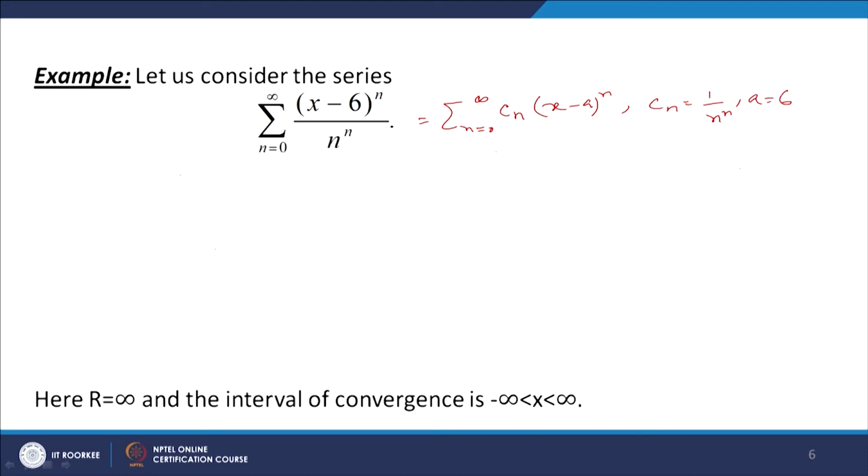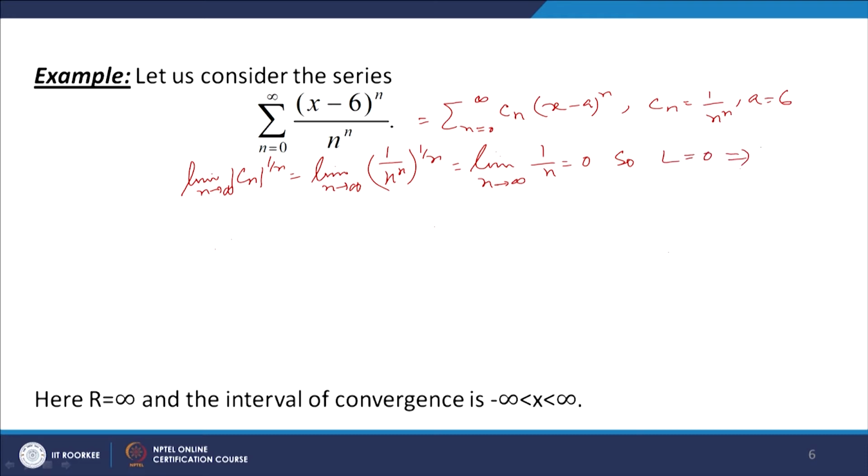Now, if you can see here, when you have C_n equal to 1 by n^n, it is better to apply the root test. Okay. So, limit n tends to infinity mod of C_n to the power 1 by n, let us find this. So, this is limit n tends to infinity (1 by n^n) raised to the power 1 by n. So, this will be equal to limit n tends to infinity 1 by n, which is equal to 0, and so L is equal to 0 here, which implies that R is equal to